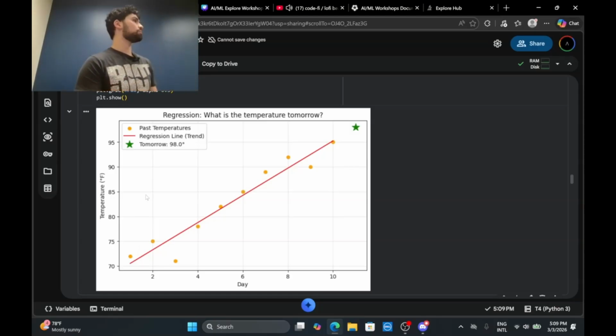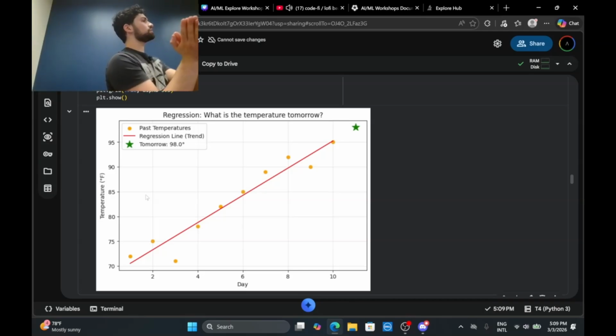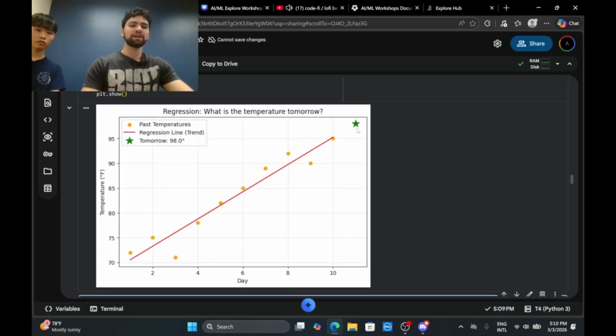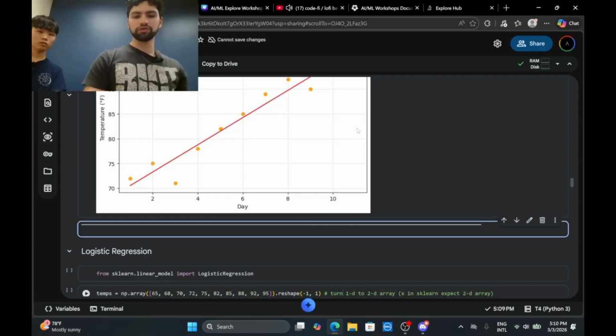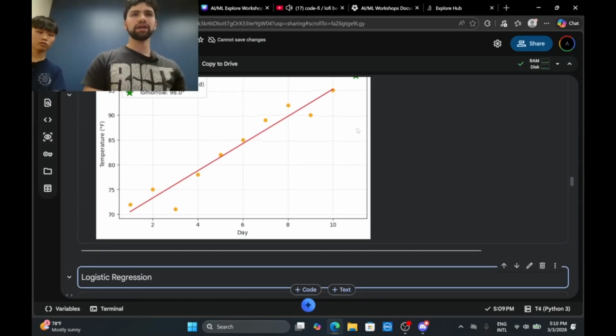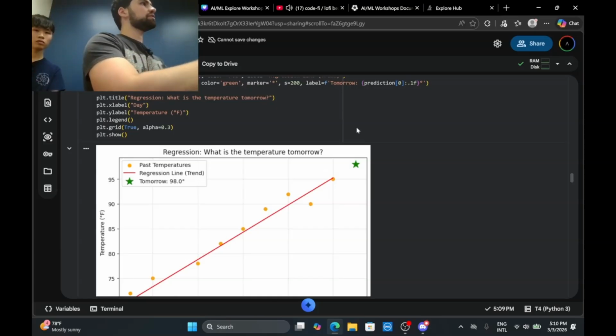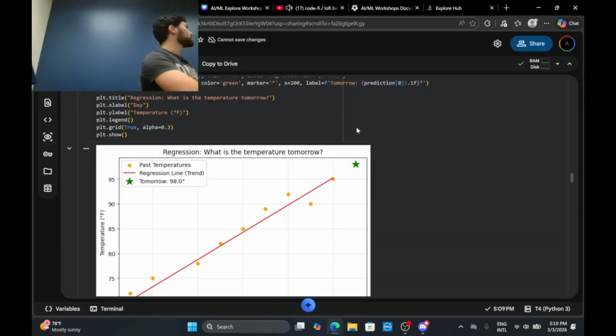So in linear regression, we are trying to find the most optimal slope of the line that fits this data. We can then reasonably assume, given the trend of the past 10 days, that this is where our next data point would be. That is simple linear regression, predicting the next value based on past data.